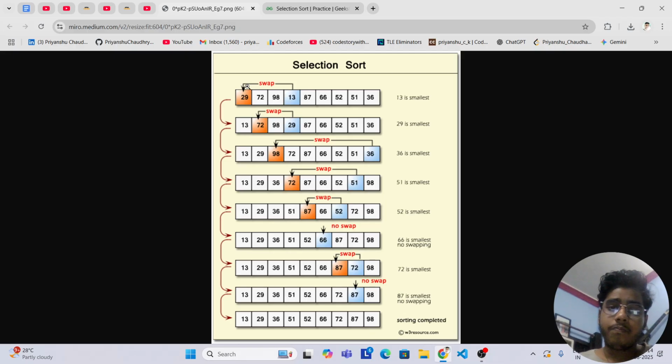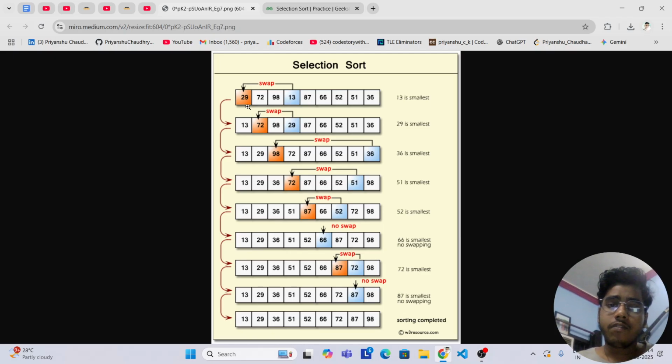Okay, so let's say our pointer is at 0th index. The index which we are standing at is marked with orange.